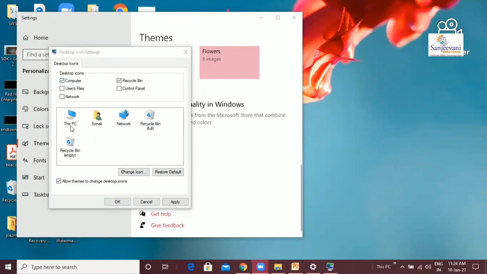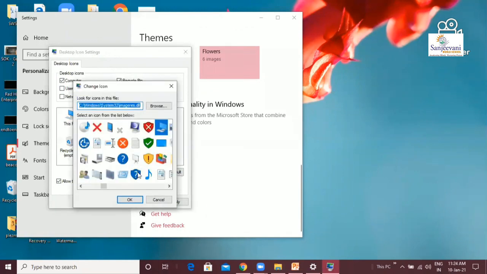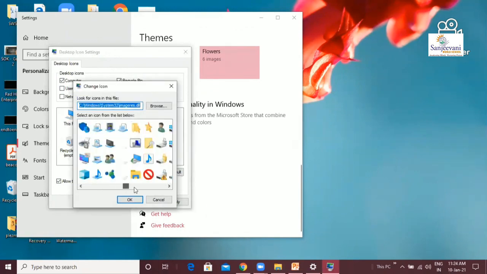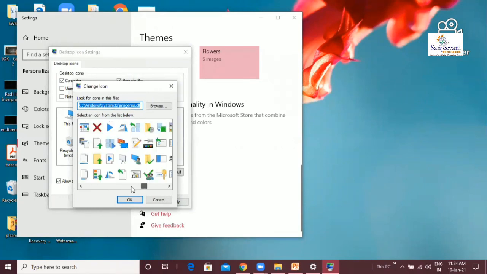You can also change the appearance of the icons. For that, you have to go to change icon. Suppose if I want to change the icon of This PC, I have to click on This PC, change icon, and I can select any of the icons that are available over here and change the appearance of the icon.